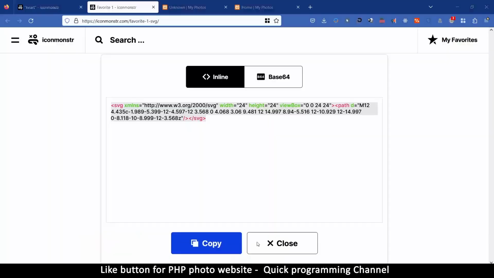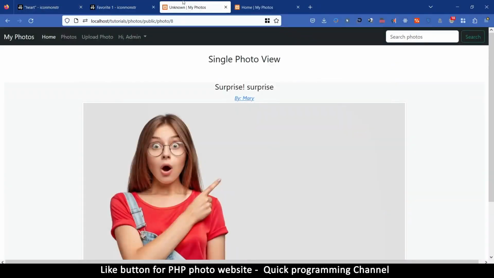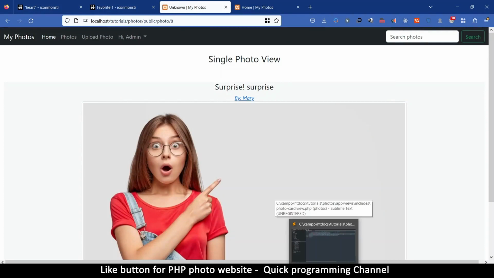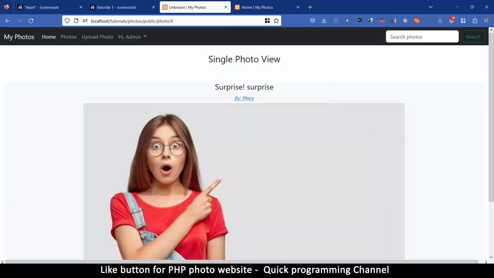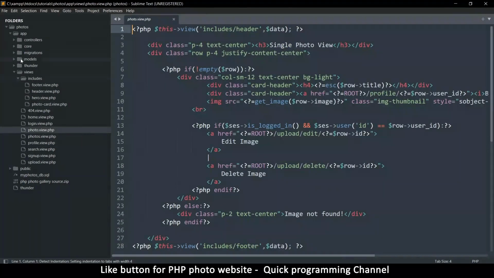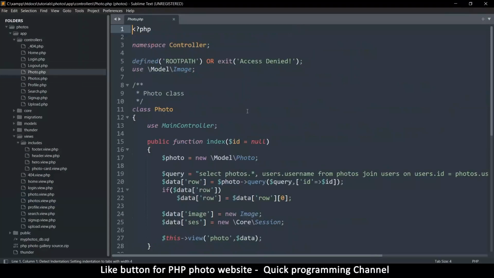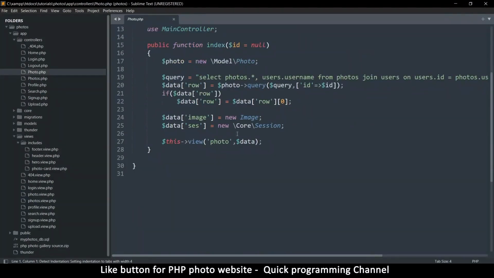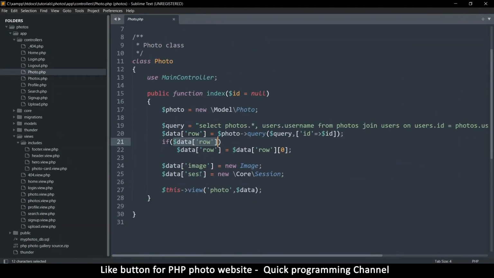So let me see here. If I come back, and let's come back here. Also, if you look at the title, it says unknown there, so we need to fix that eventually. Actually, wait a minute. Yeah, let's actually fix that if we can. What you can do is go to, I'm going all over the place now, but bear with me here. If I go to photo, that's a single photo, and if I go to the controller of a single photo, which is this one, at this point if we did receive data, then we can update the title of this place here. So if I copy this,